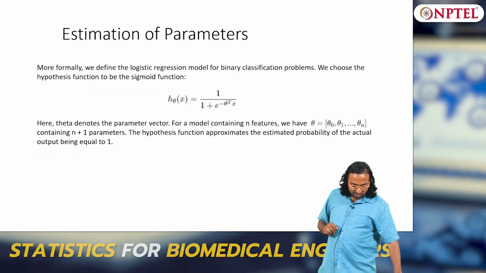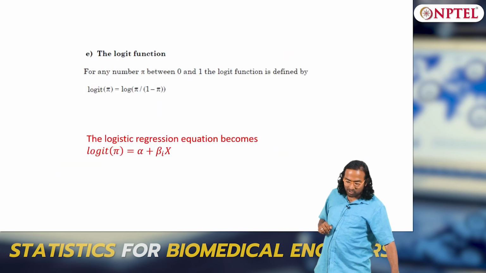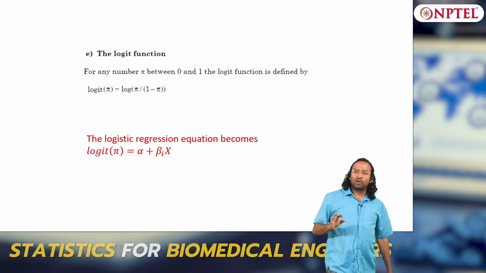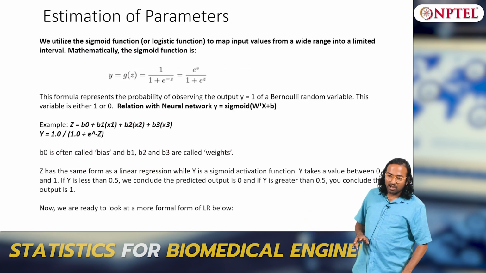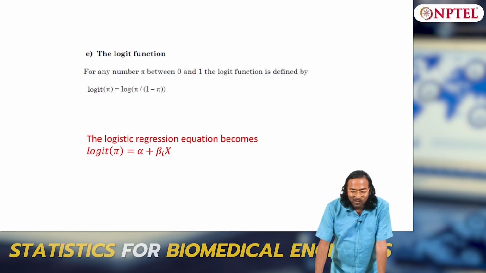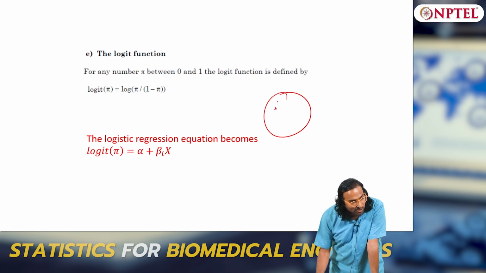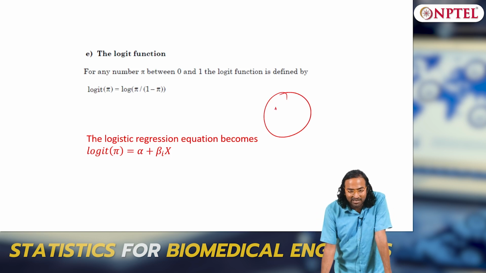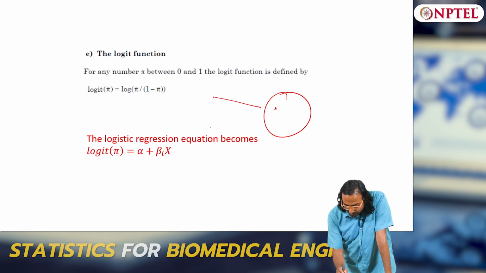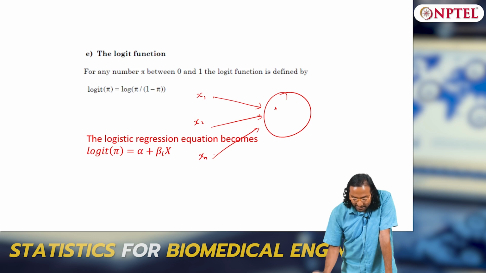Before I delve deeper, I am going to tell you its relation with neural networks. I am going to talk about its relation with a neuron and then move on to the derivation of logistic regression. So let us look at the neuron. Everybody should know how a neuron, axon and dendrite work, so I do not need to explain. If I want to write a mathematical model of a neuron, you have a set of inputs, x1, x2 up to xn.